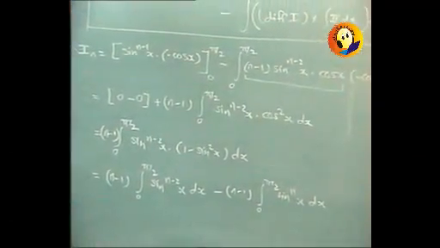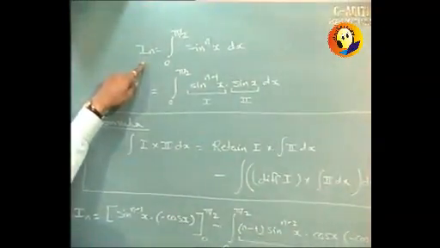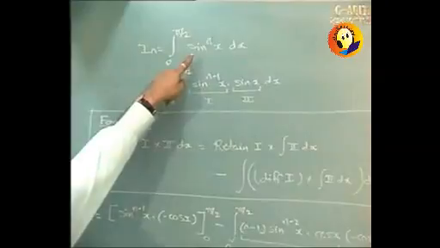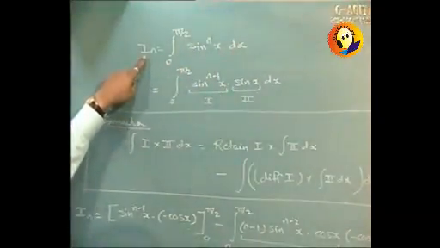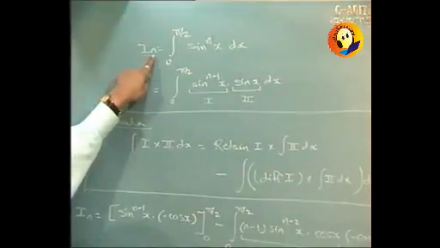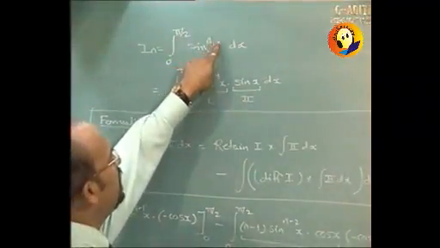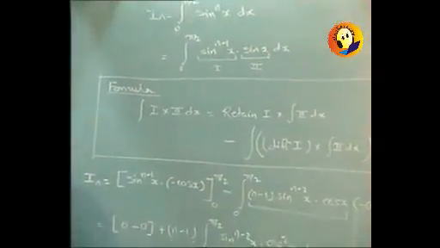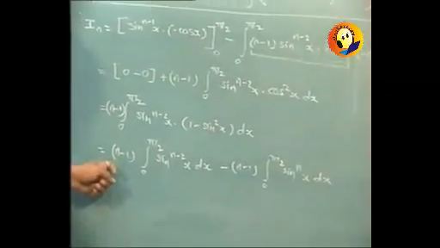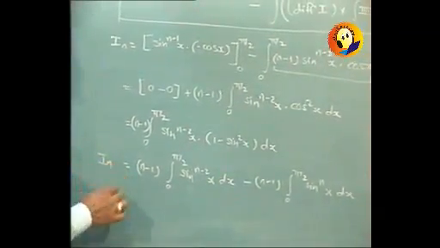Now if we look at the given integral, In is equal to integral 0 to pi by 2 sin raised to n x dx, and suppose we want to find I(n-2), it will be I(n-2) equal to integral 0 to pi by 2 sin raised to n minus 2 x dx. And so the term that we have calculated, which is representing In, the left hand side was In, can be rewritten